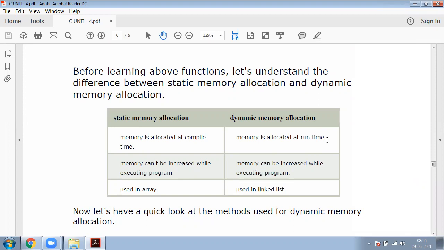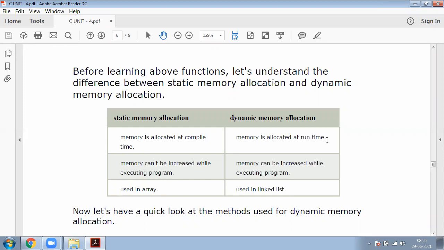Next difference: static memory allocation is generally used in arrays, but dynamic memory allocation is generally used in linked lists, which are data structures.